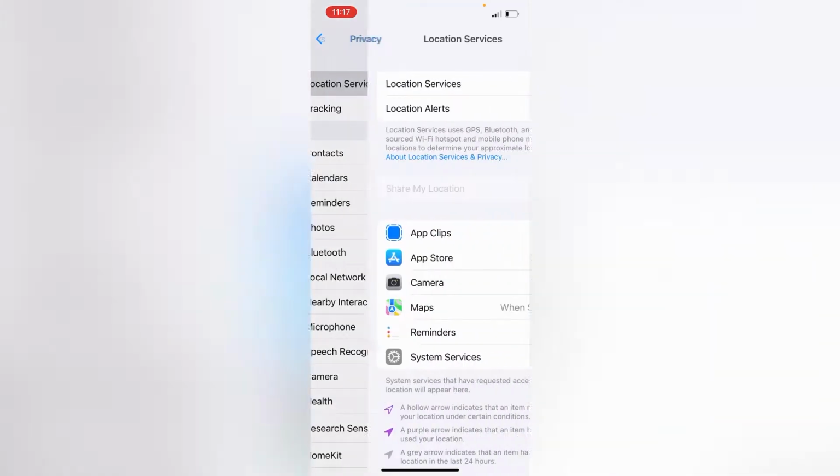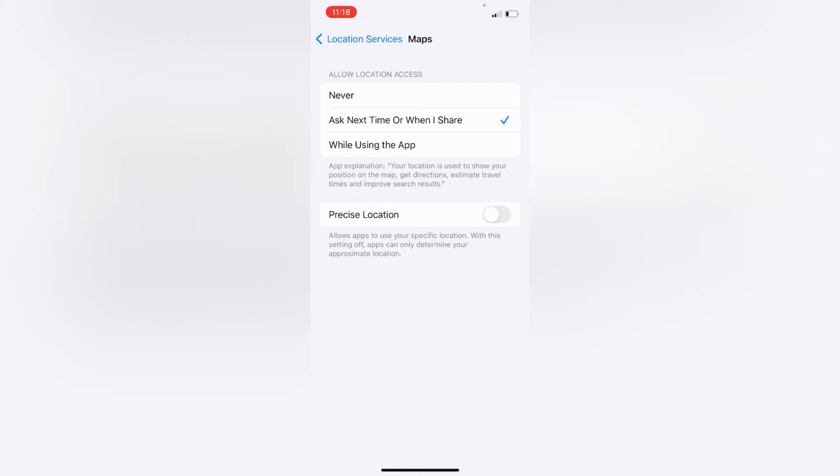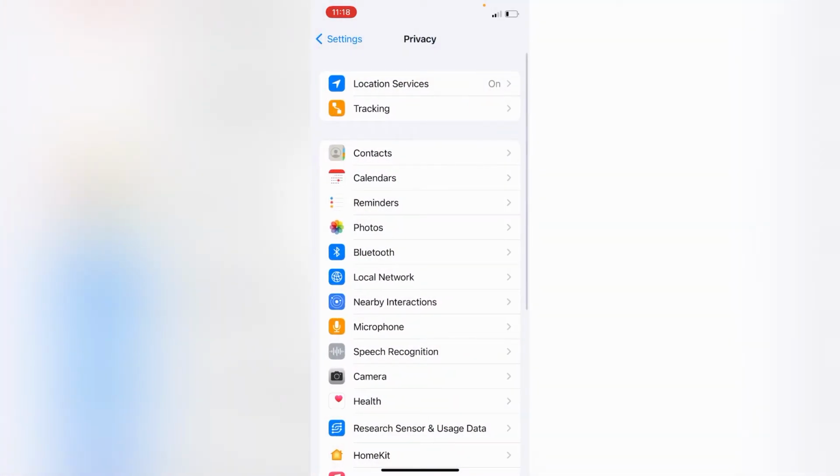Here click on Location Services. Here make sure that Location Services is enabled. Now click on Maps and select while using the app and turn on Precise Location. Now go to Back menu,